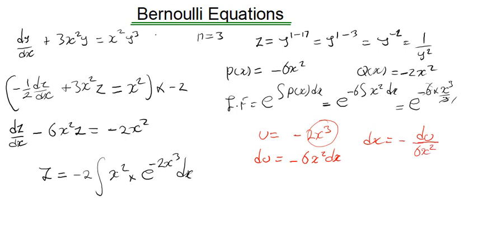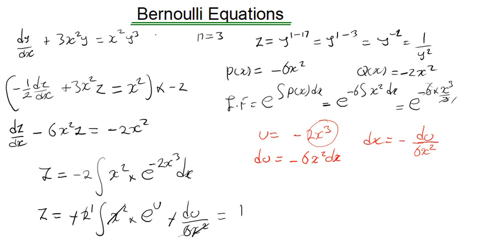So I can come back here and say my z will be equal to negative 2, I have x squared multiplied by e to the u, and my dx is nothing but negative du over 6x squared. The negative and negative go, and the x squared cancels. So 2 here, 1, 2 here, 3. This turns out to be